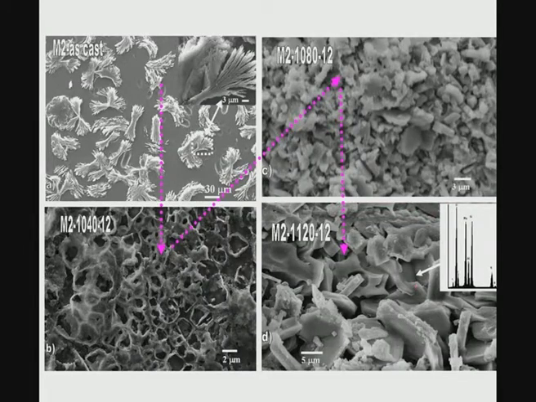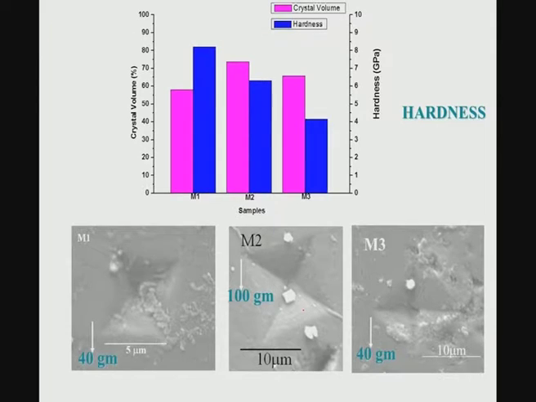But this morphology is certainly sensitive to the composition of the base glass, the way you go from M1 to M2, and M2 as cast means without ceramization. So, without ceramization you see that these crystals have a different morphology, and then once you start crystallizing, you see a different type of crystal formation, but these crystals do not have any specific or very regular morphology, the way you have seen earlier.